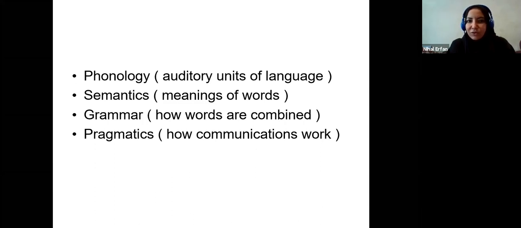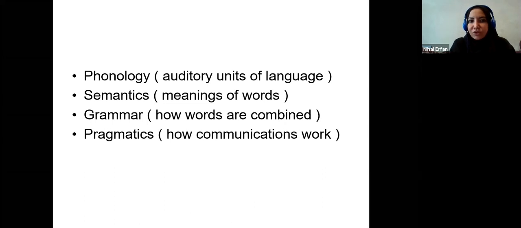Okay, so that's also how they learn how words are combined. And I've seen some parents use very weird combinations of words that actually sounds foreign. It's as if you're speaking Arabic to a non-Arab speaking person. The way that you put the words together is not the same as when you speak to an Arabic speaking person, right? So the grammar is different. So you want to make sure that the words are combined appropriately.